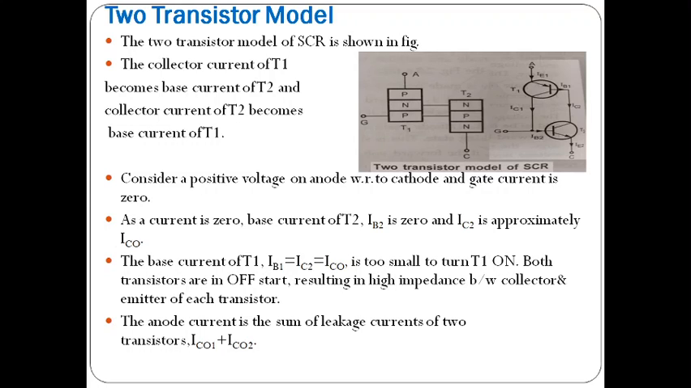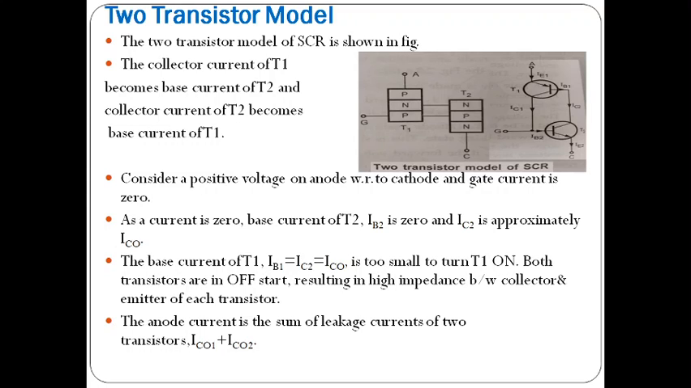When IB2 is 0, IC2, the current passing through the collector terminal of the second transistor, is approximately ICO. Why? Because it is in reverse bias. ICO is nothing but IC2, it equals IB1. So the base current of the T1 transistor is IB1, which equals IC2. So this is very small,